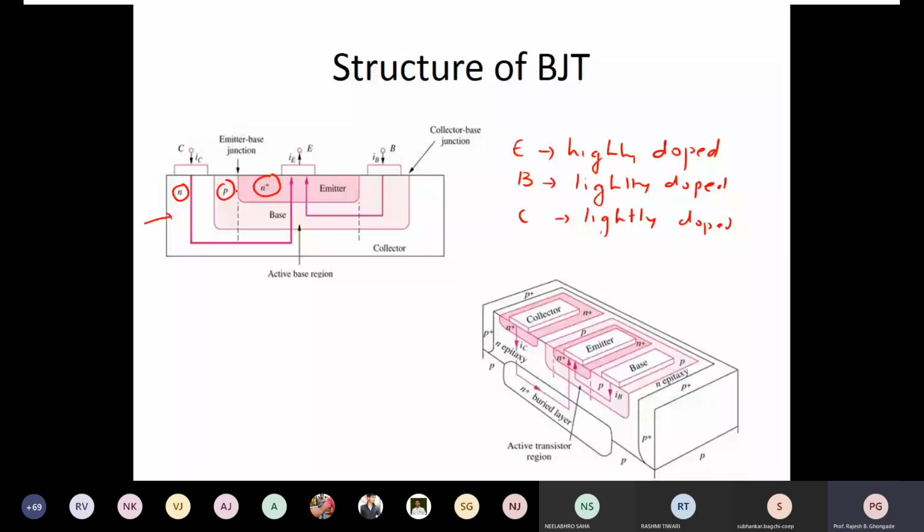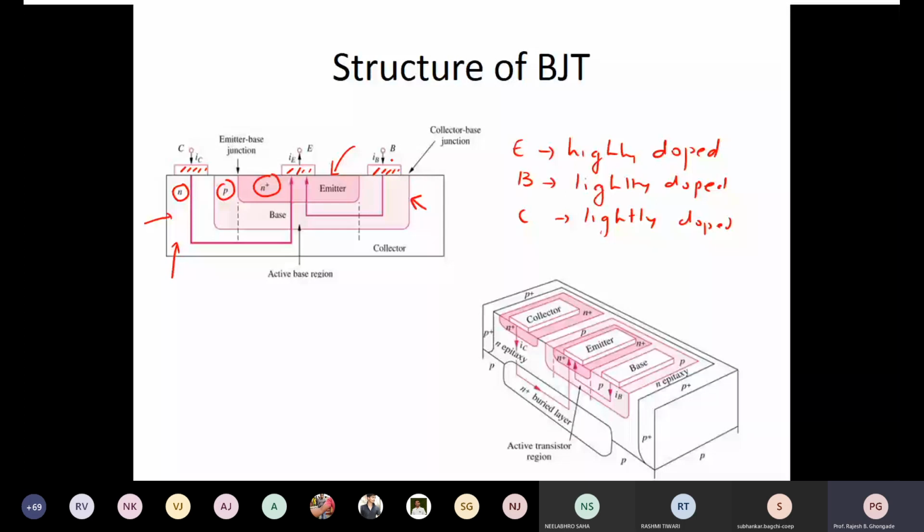If you look at it, it's actually a 3D structure. So again, as I said, you start with the N type substrate or N type material, and then you have some kind of process wherein this particular base region over here is made P type, and this region is then made N type, and these are the electrical contacts. So the structure is fairly simple. Okay, fine.